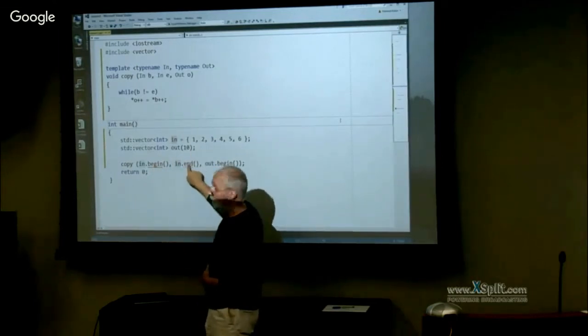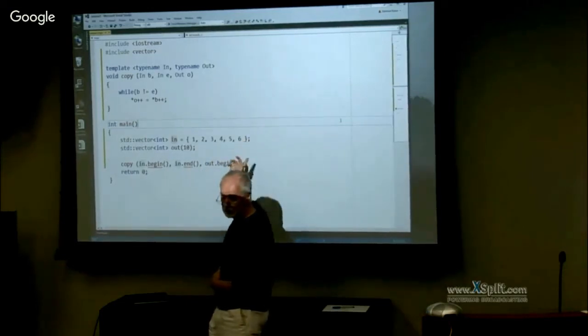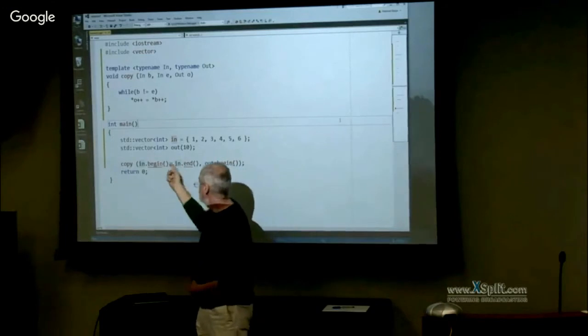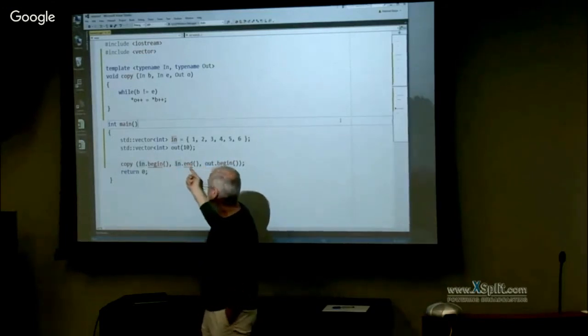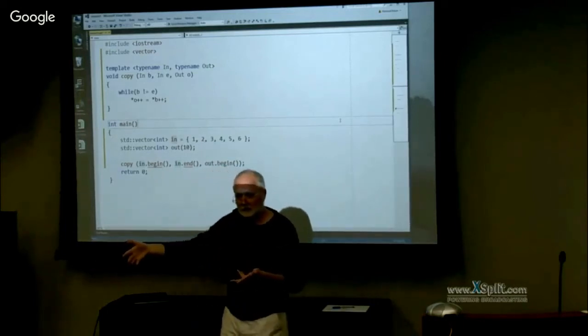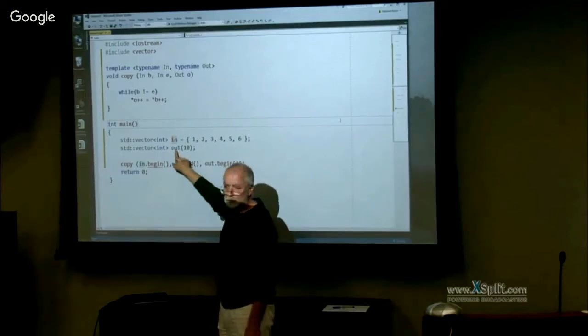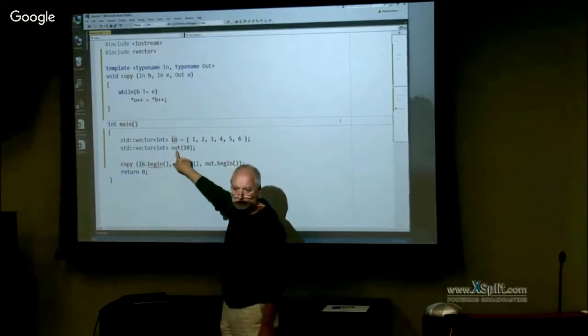And in.end gives me the iterator which points to the first element after the 6, the so-called end iterator. Those are the two functions which every container exposes, to get to the first and to the last element, essentially, inside the container. And out.begin is the spot where we want to start putting data in. That's the first element of that out container.